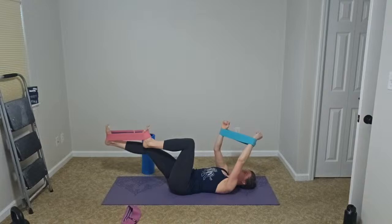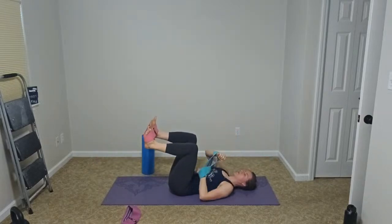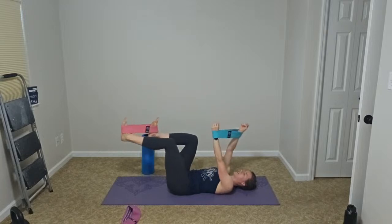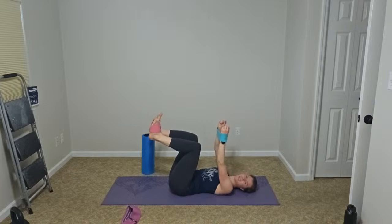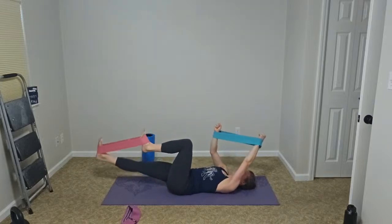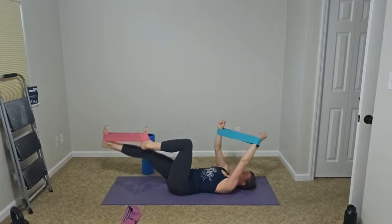So I'm going left leg straight, right hand up, hitting that in my shoulders. Remember, suck your belly button to your spine. And then I switch sides. Right leg out, left arm up. So I'm hitting a little bit of upper body. Two, pop my neck. Three,